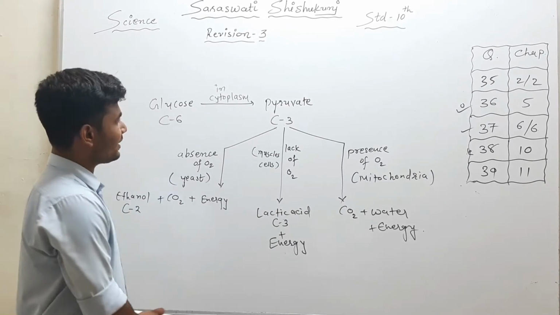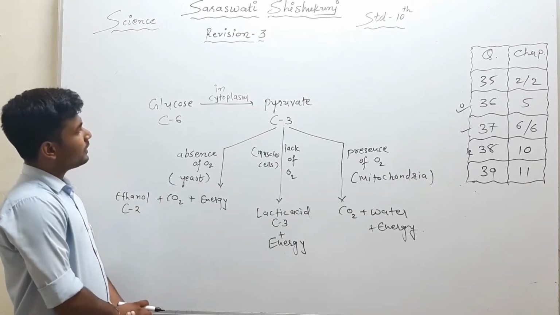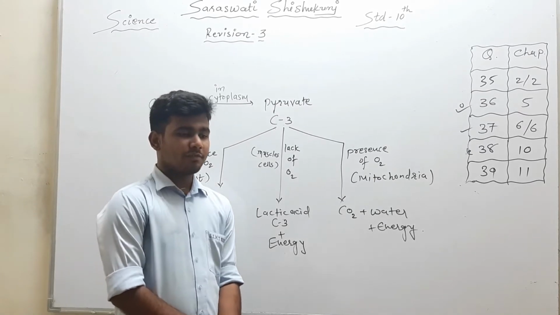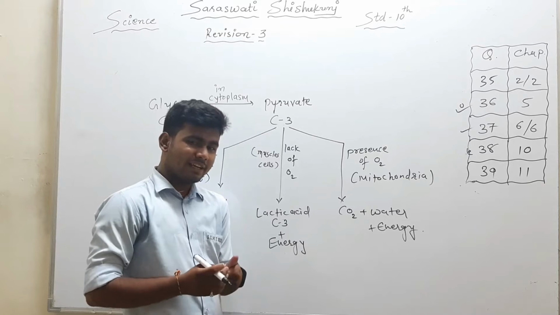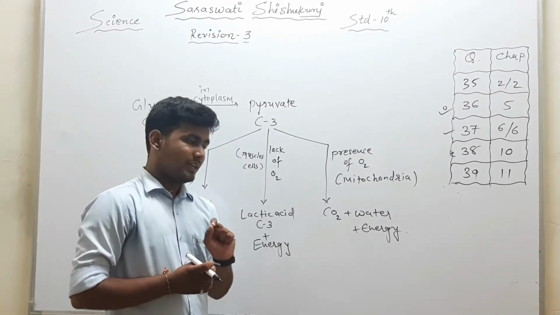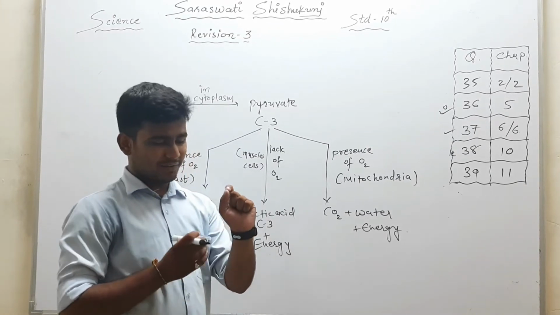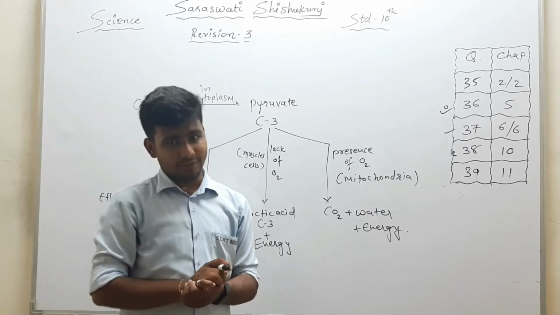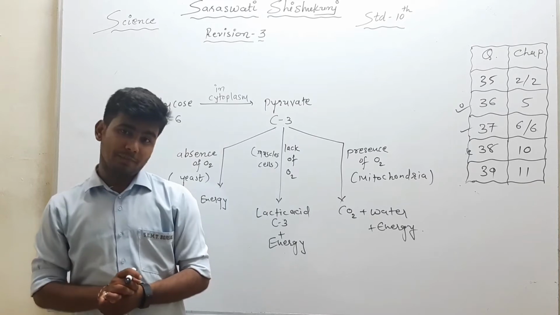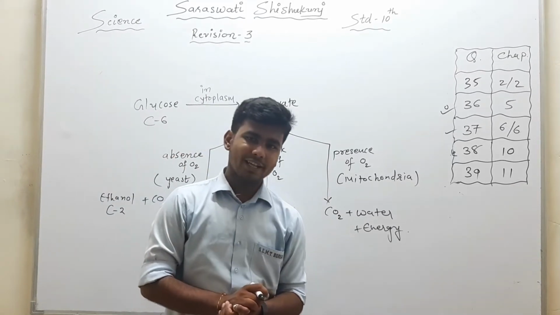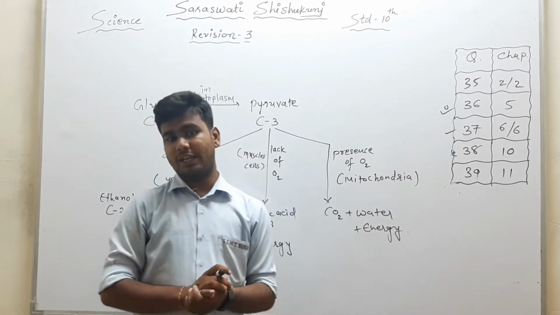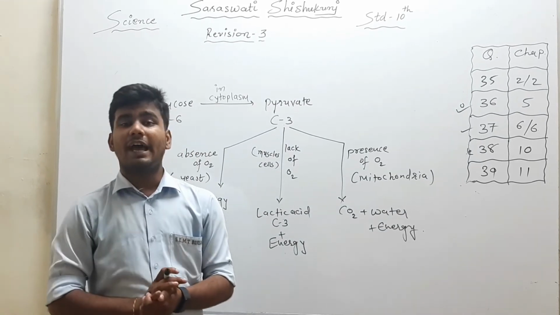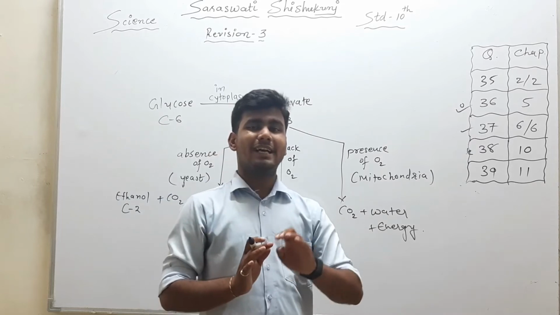So let's start our journey with respiration. Okay, so beta, what is the respiration process? The food which we eat is digested and converted into absorbable components. Now those absorbable components will get oxidized and release energy. That process is called the respiration process. We know there are 2 types of respiration: aerobic respiration and anaerobic respiration. Aerobic respiration means respiration done in the presence of oxygen, and anaerobic respiration means it is done in the absence